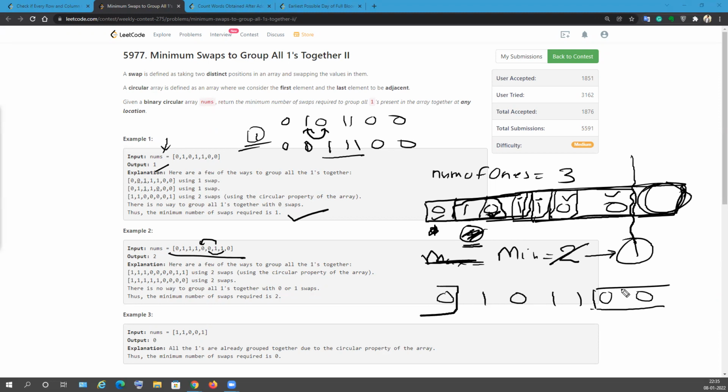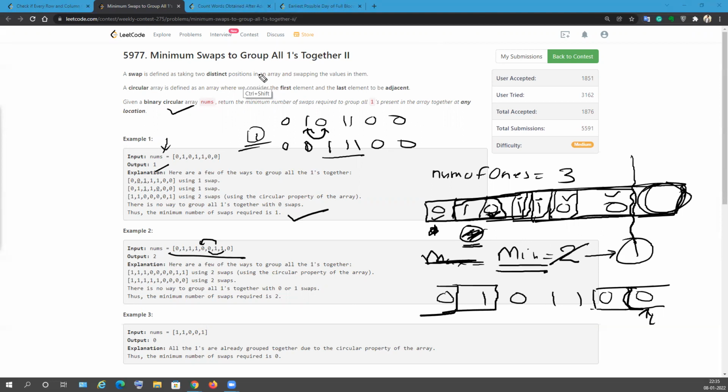Okay. So we will keep on sliding our window, and whenever the starting of the window is at the end, we will stop. So in this way, we are actually satisfying the circular condition also. Means in this way, we are maintaining the circular property in the sliding window. And this will give us our minimum answer. Okay. So this will be solved in this particular manner.